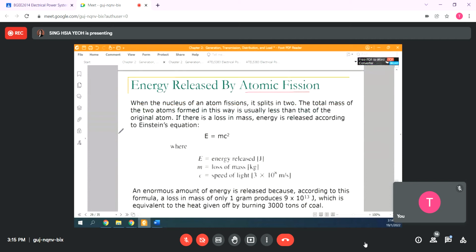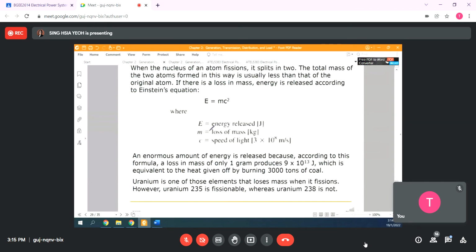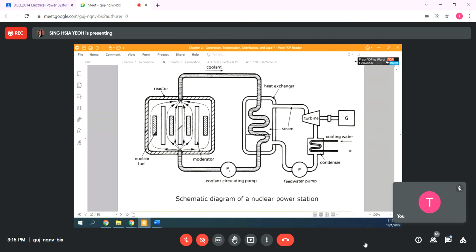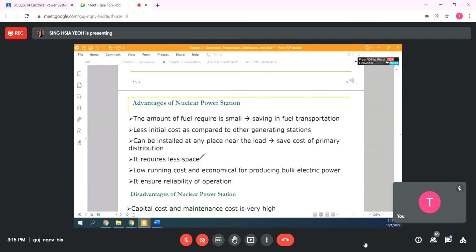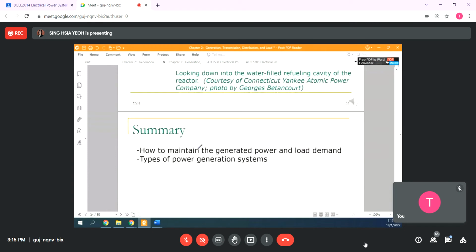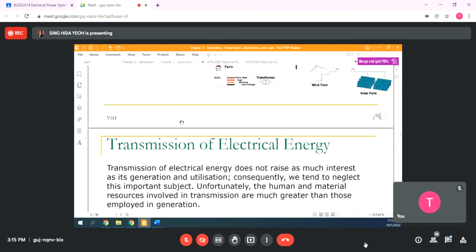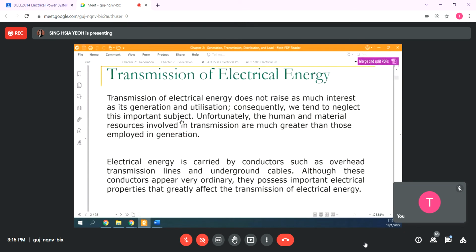Atomic fission: the turbine is turned by using the energy released by atomic fission. They have different structures: the reactor, nuclear fuel, and moderator, those things. And then the advantages and disadvantages. That's it for 1A. Then 1B is mostly very brief info about